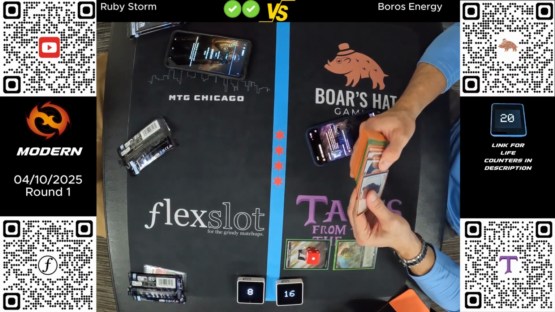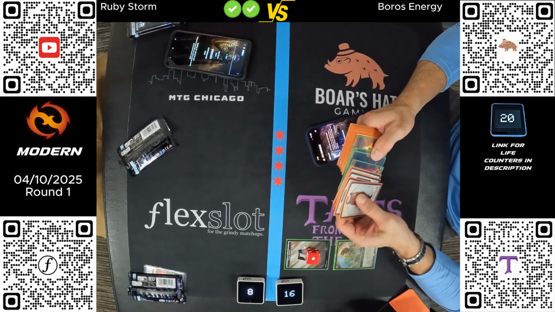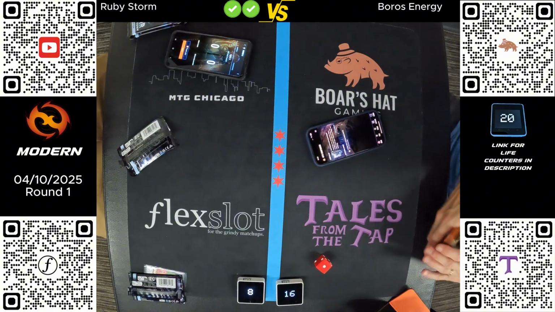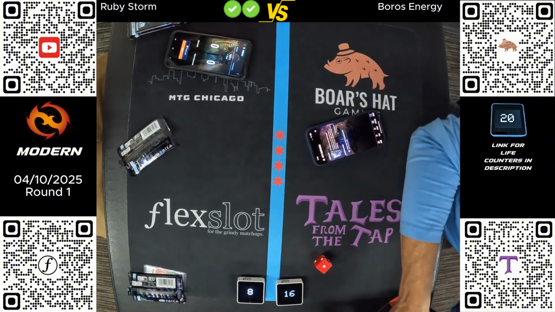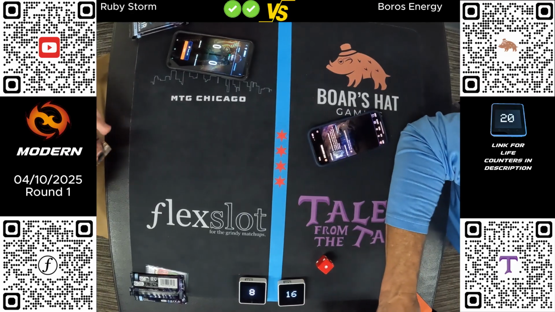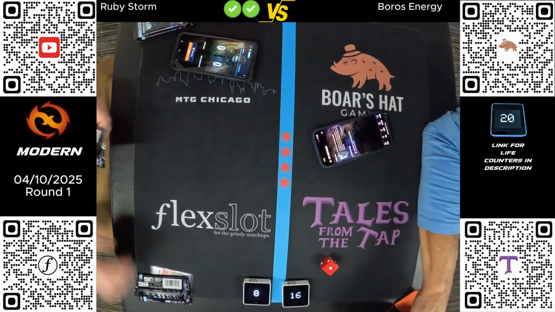Ooh, I got a rock. Wow, this is a misprint. Jesus, I heard the printing in this set was atrocious. I got a snack. Got me a sneaky snake. Sneaky little